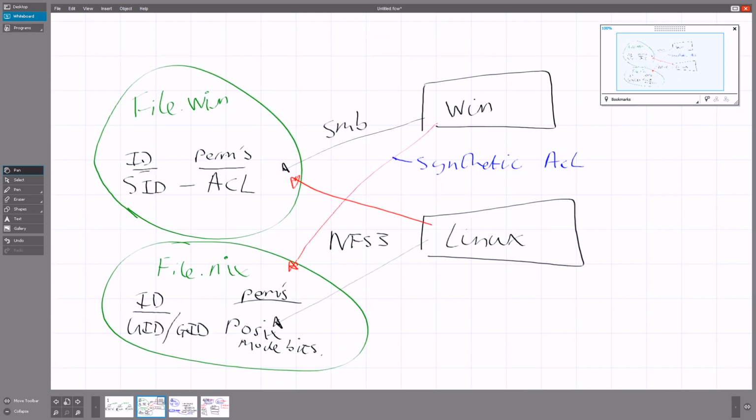So if Martin writes a file, by default it says, okay, if I have to, I will always try to use the UID. If Martin comes in from Windows, it'll say, I know Martin's underlying SID. I'll map that to his UID and write that, which is why if we look at that file,